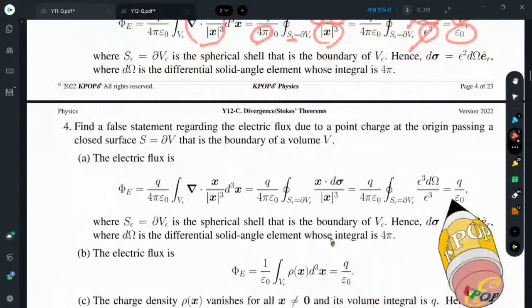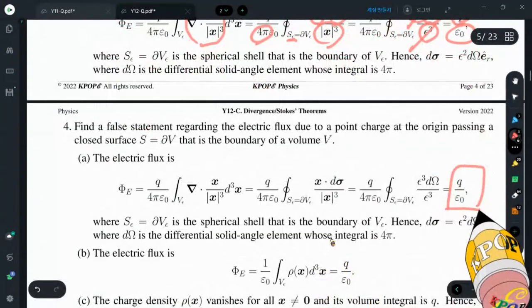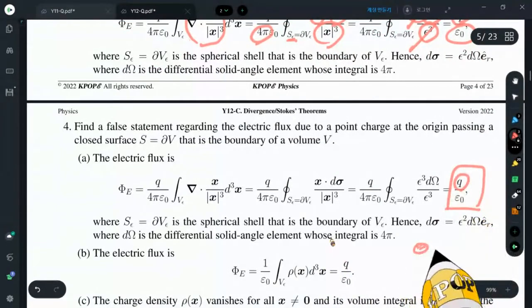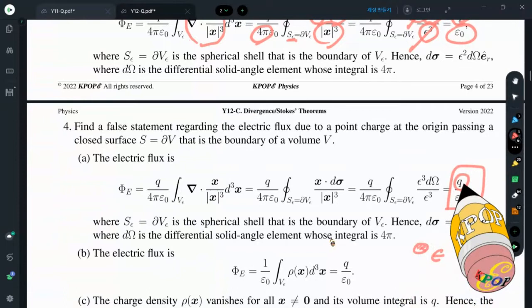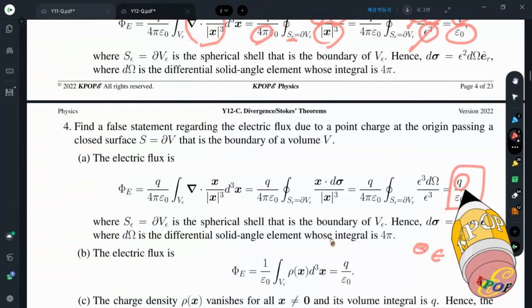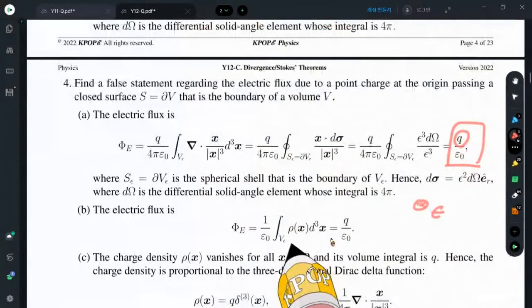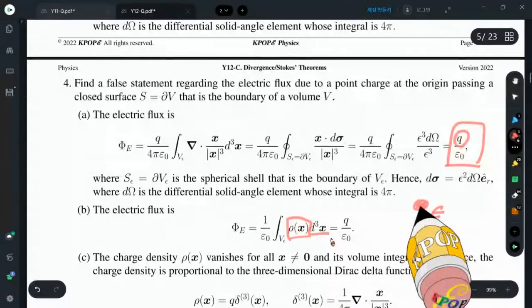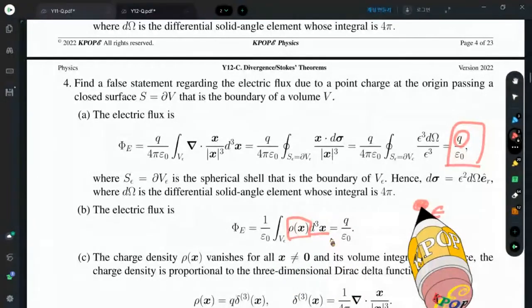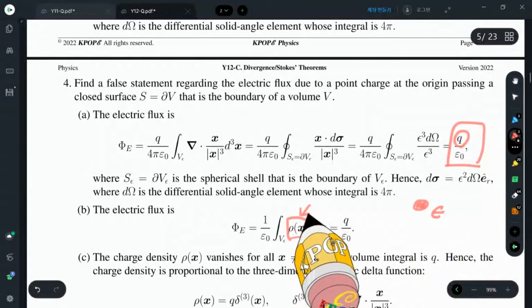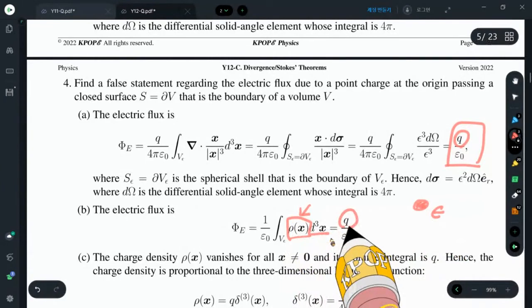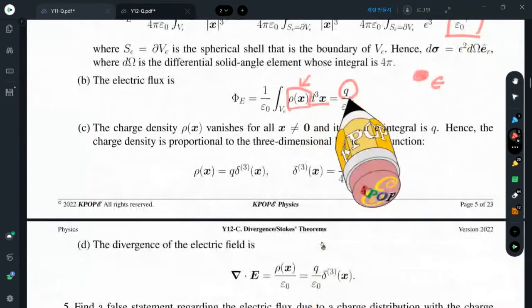By the way, charge divided by epsilon 0. Okay, what's that? The tiny volume, a sphere of radius epsilon, contains this charge. Then this charge Q must be the same as the one that can be integrated over a volume inside the same sphere. What's that? The density integrated over the volume must be the charge. Okay. The answer is,